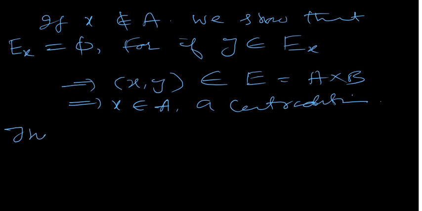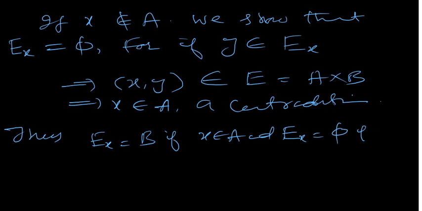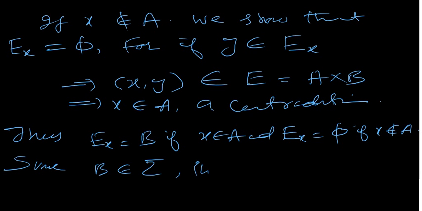So thus we have proved that Ex is equal to B if x is in A, and Ex is equal to the empty set if x is not in A. So in both the cases Ex is measurable, because A cross B belongs to S tensor sigma, it's a member of sigma, and the members of sigma are nu measurable. So in both the cases, if x is B, which is nu measurable, and the empty sets are always nu measurable, therefore